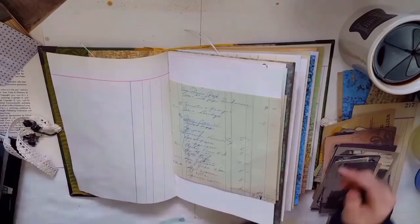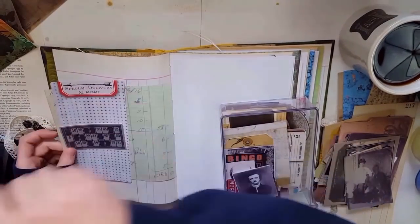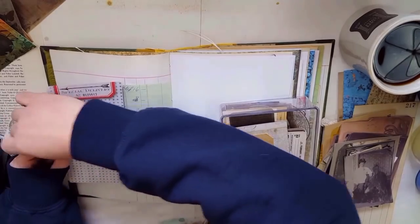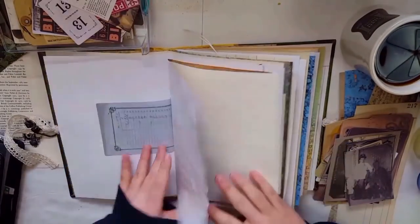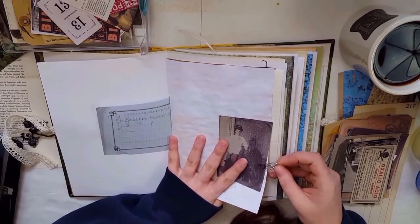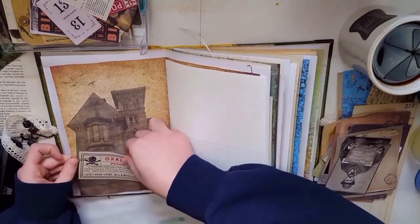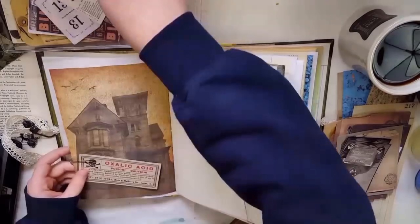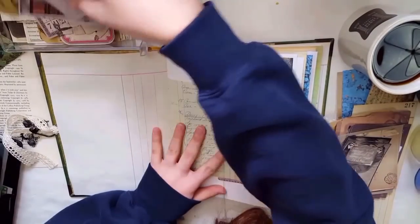But I made myself a giant junk journal, and I wanted to use this as not only an experiment for myself to explore junk journals more, but I also wanted to use it as an opportunity to see how the journals I sell work. So when I make journals for you guys, I clip a bunch of ephemera into...